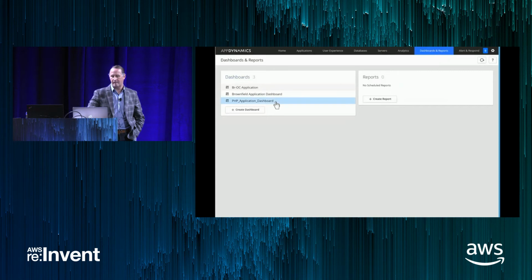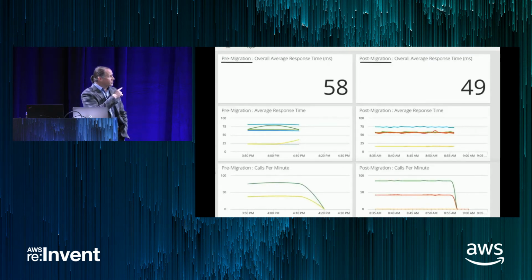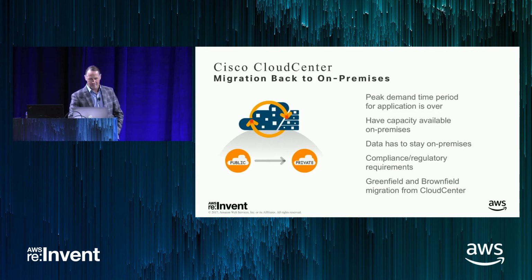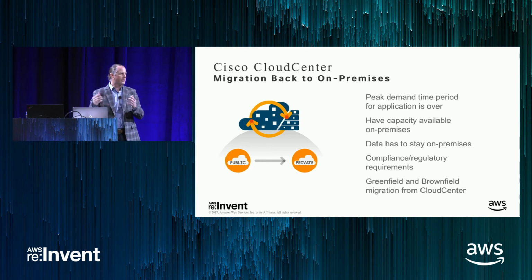So we head into the dashboard, look at the side-by-side comparison, and now we see your average response time was a little more variable. I see a lot more consistent performance. Everything's better. I now prove to the business I have the same or better performance as I did before. So sometimes you do want to move it back on premise. Maybe it's holiday time. Your business may say, own the base, rent the spike. So we're only using the public cloud for capacity we need that we don't already own in our own data center. You may find that maybe Dev runs there, and now you promote the application to production.